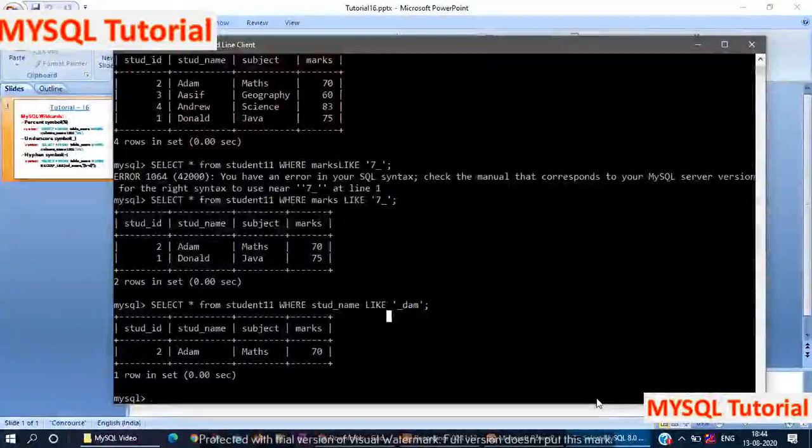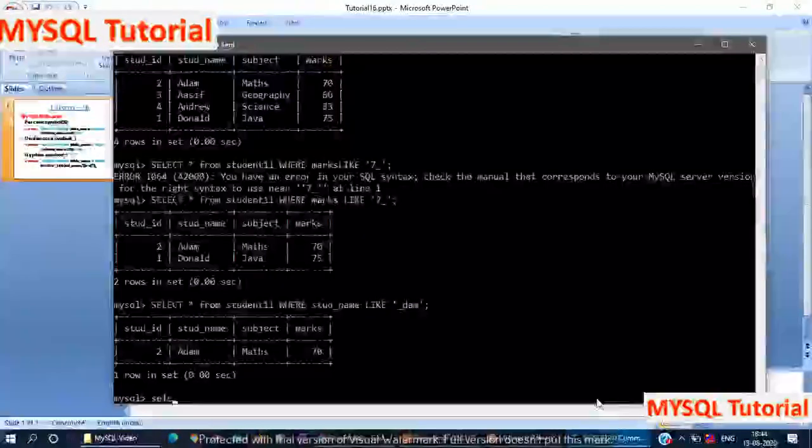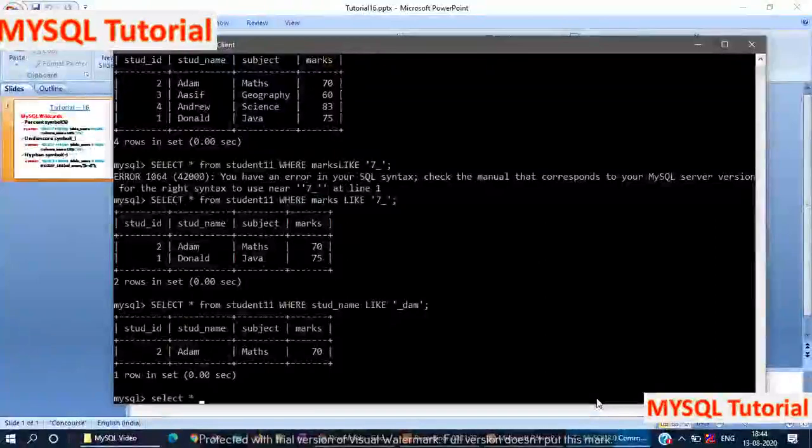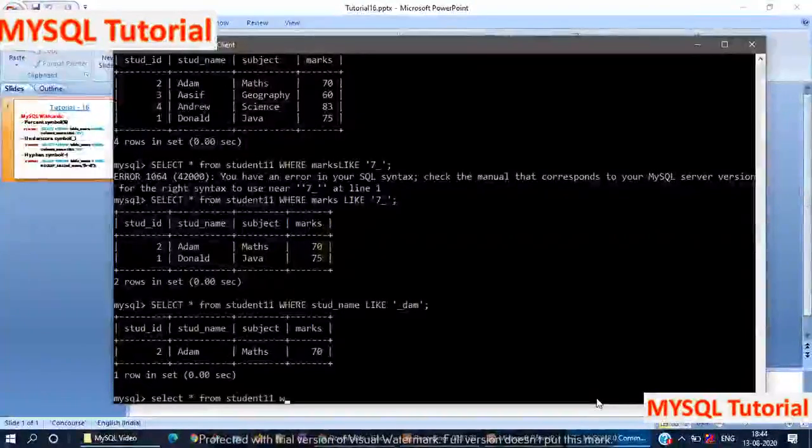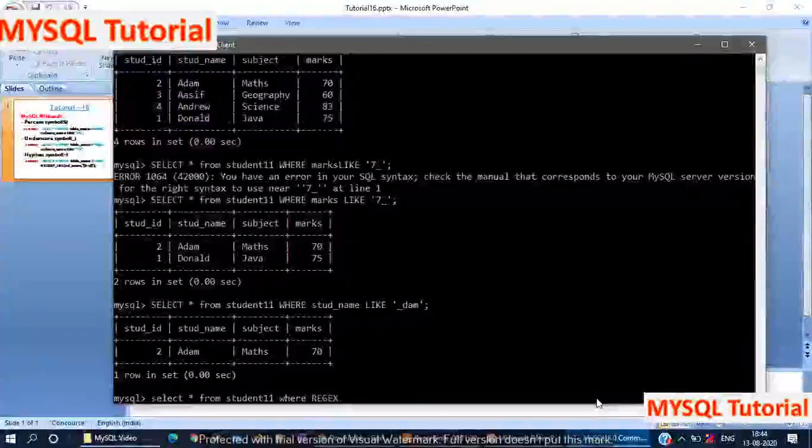Here I will directly show how it works with the database. SELECT * FROM table_name WHERE REGEXP_LIKE. In brackets we have to specify the condition.